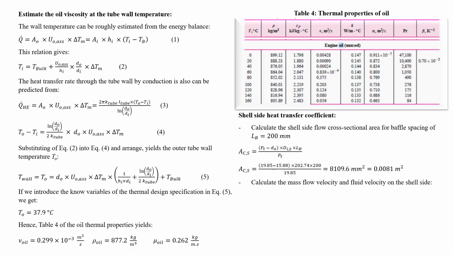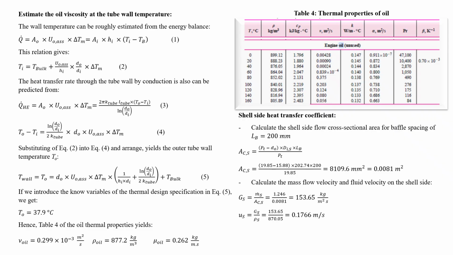That will give us the mass flow velocity on the shell side, G sub S equal m dot sub s divided by cross-sectional area, equal to 153.65 kilogram per meter square second,